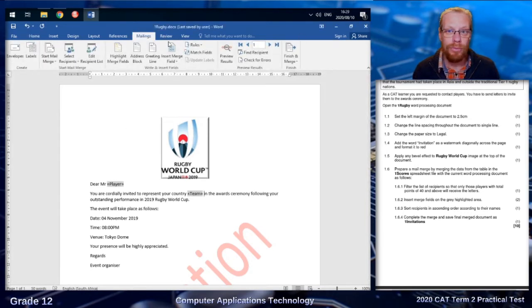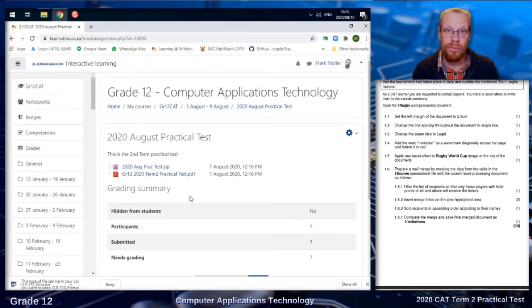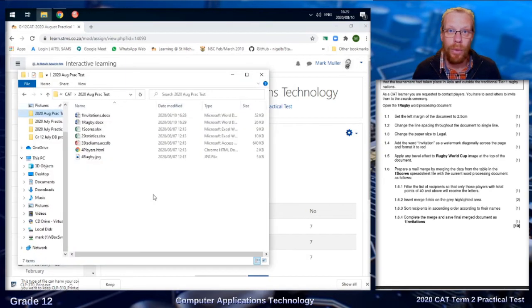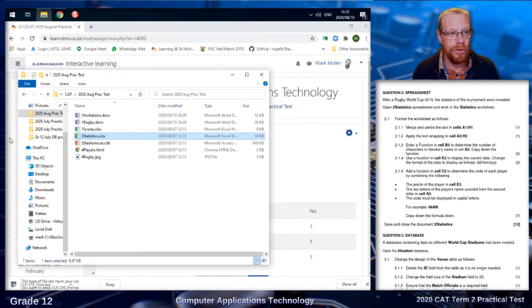Make sure with this one rugby doc that you save the file before you close it. If you don't, there's a chance that when you just press X, we sometimes are creatures of habit, click cancel, no work saved. We can now go on to the next question, which will use the two statistics file. So, scrolling the question paper,